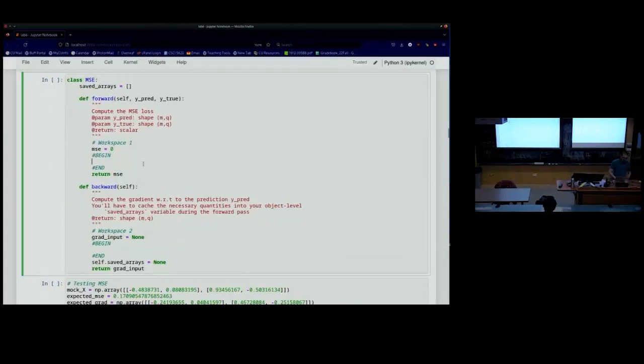So in the forward pass, I'm given Y true, Y pred, and the MSE will simply be Y pred minus Y true. Okay, I'm going to just apply the square and then compute the mean. Okay, so it's going to be